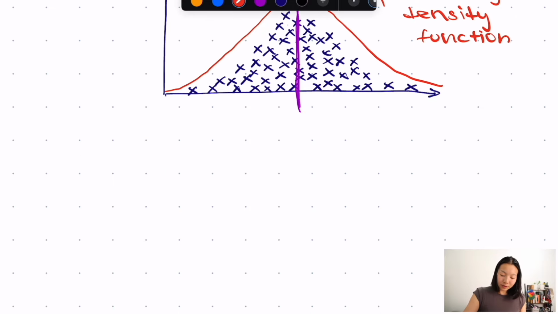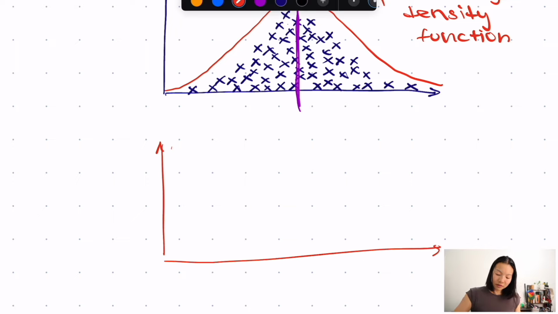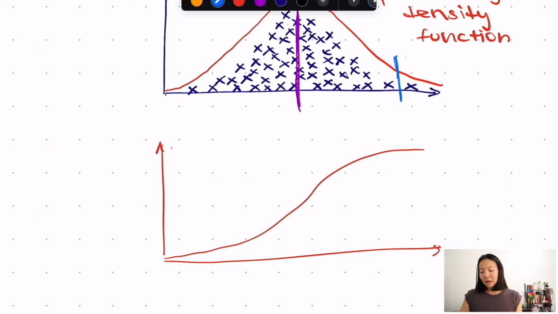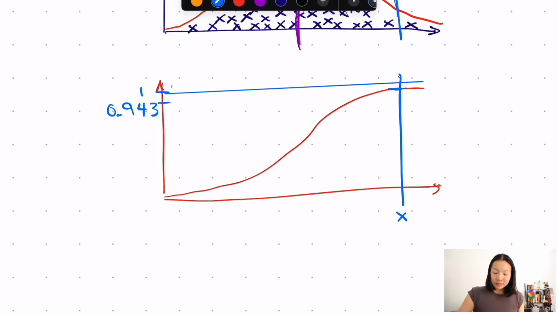And this can also be turned into the cumulative function, because this cumulative function might look something like that. And this is basically telling us, let's say, that's some really tall height. Well, if this is 1 over here, then this number here, let's pretend that's like 0.943. Then essentially what this is telling us is that the probability that a woman who's representative of our sample,